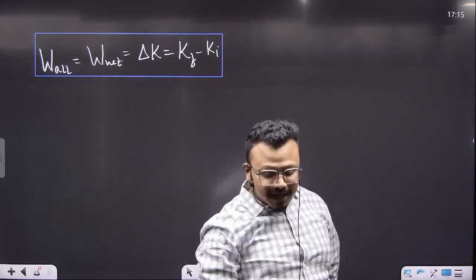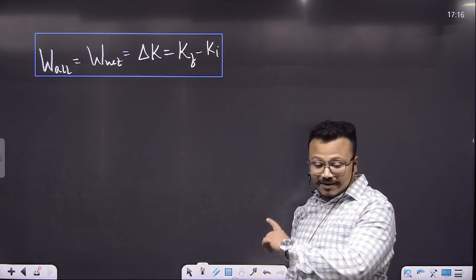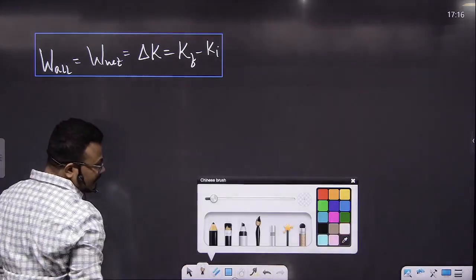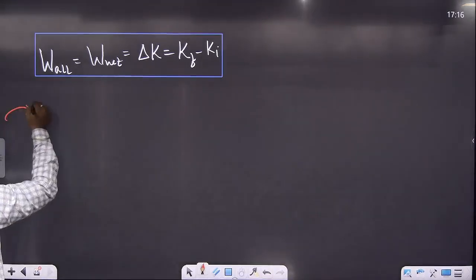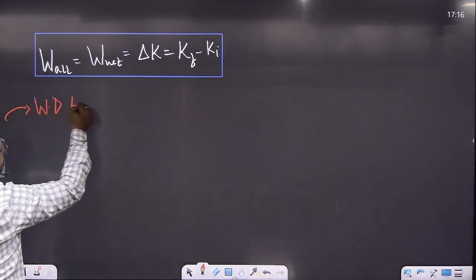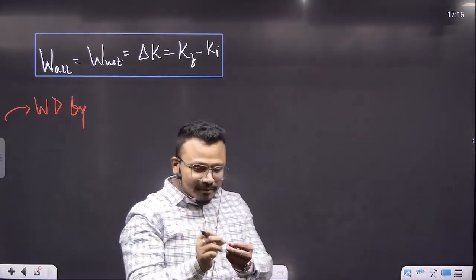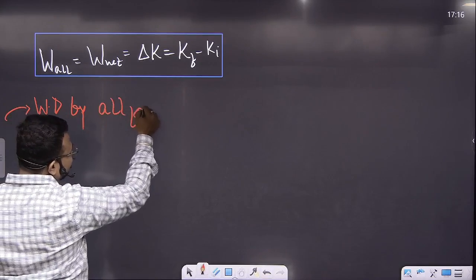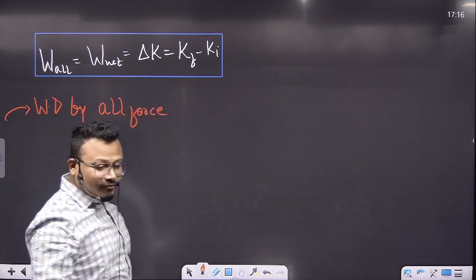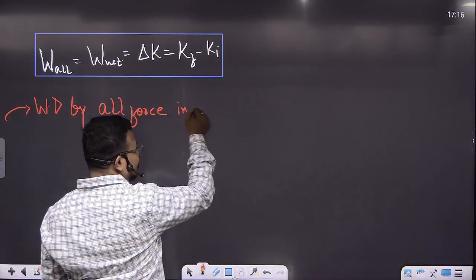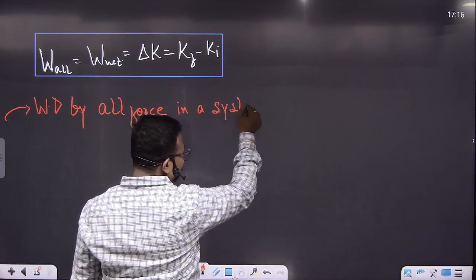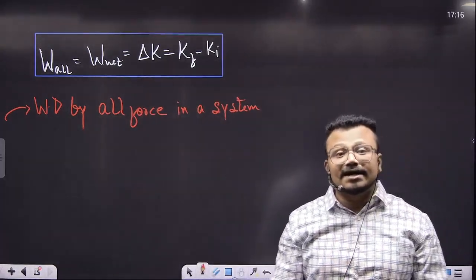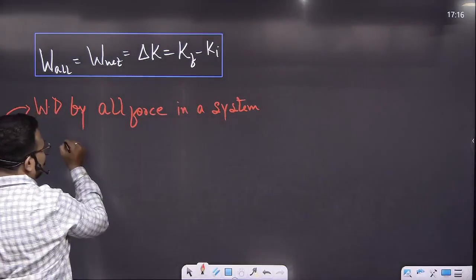We got that the work done by all the forces in a system, because in one system many forces were acting on one particle, so the work done by all forces in a system will always be equal to the change in